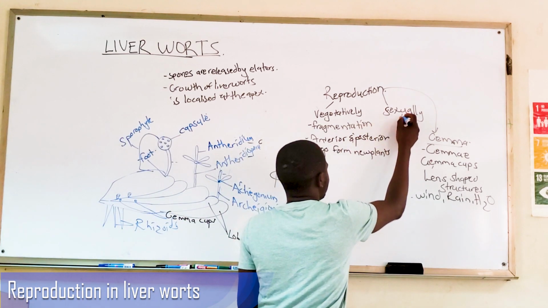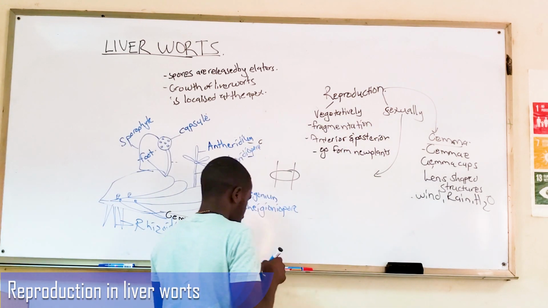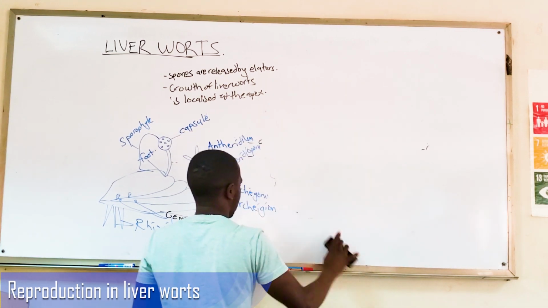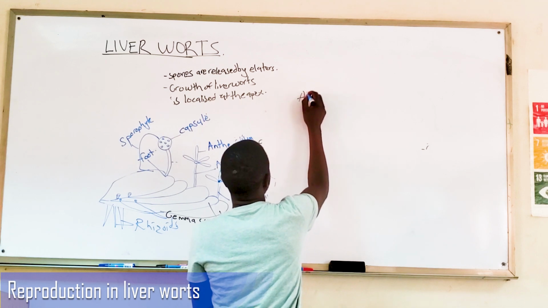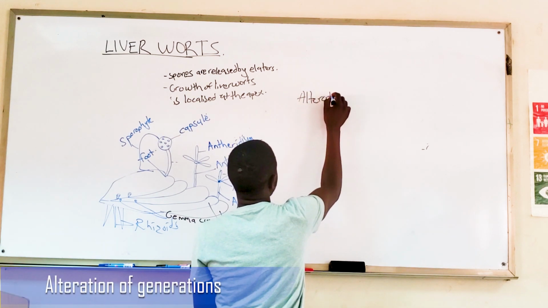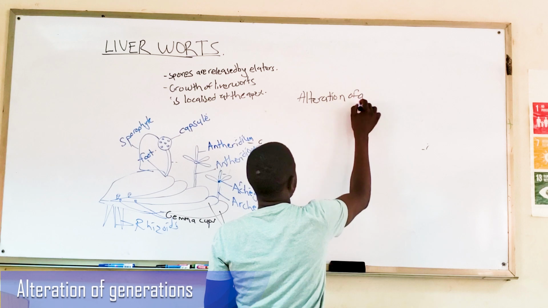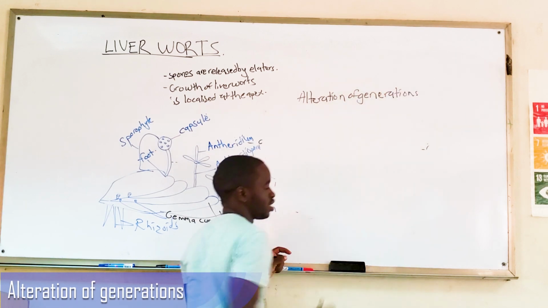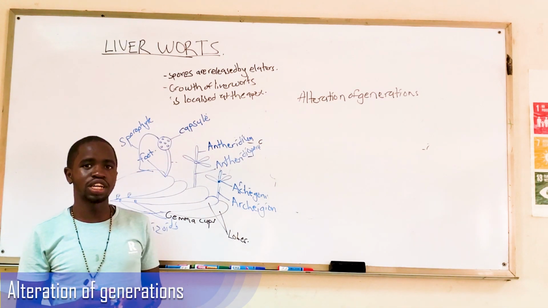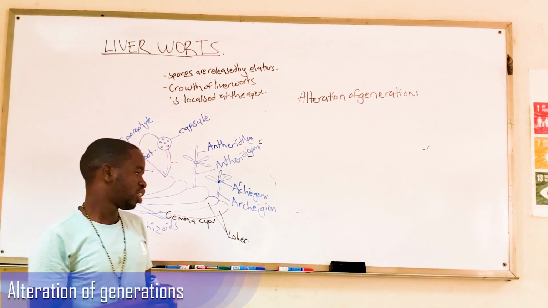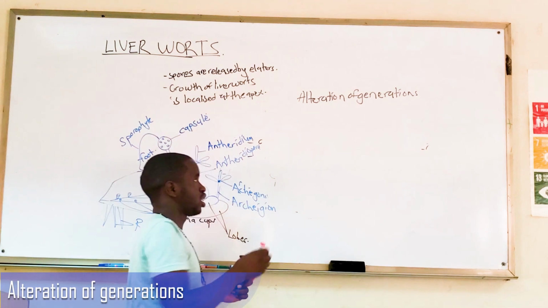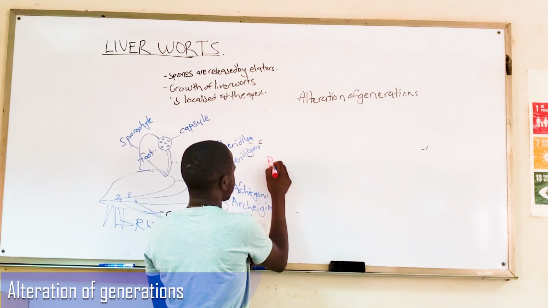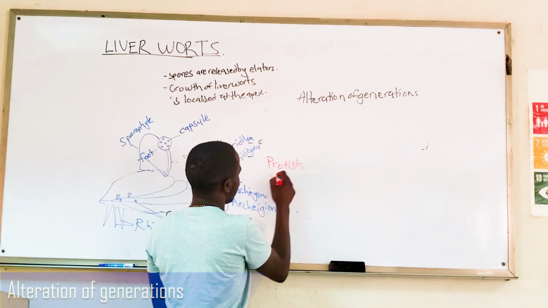Then, sexually, these plants exhibit what we call alternation of generations. Alternation of generations is the existence of two distinct forms in the life cycle of an organism. Before we venture into alternation of generations, if we are trying to compare protists and fungi,